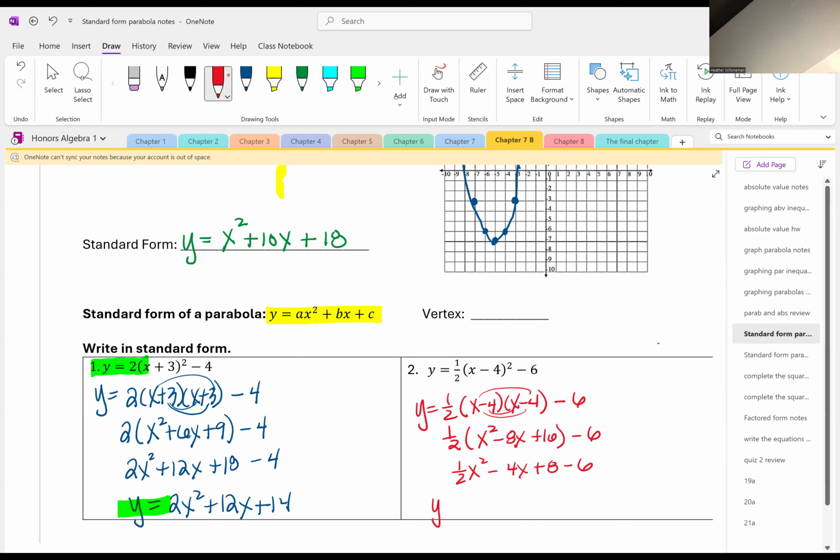So now I can rewrite it. So we have y equals 1/2 x squared minus 4x plus 2. So again, we started in